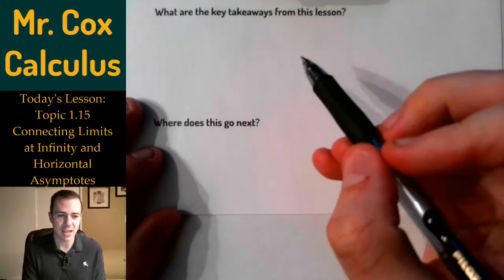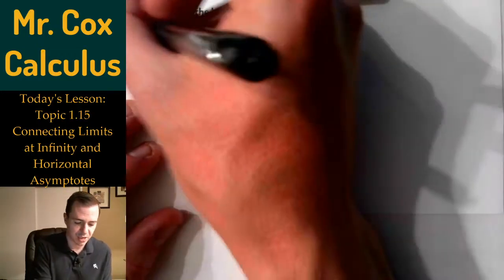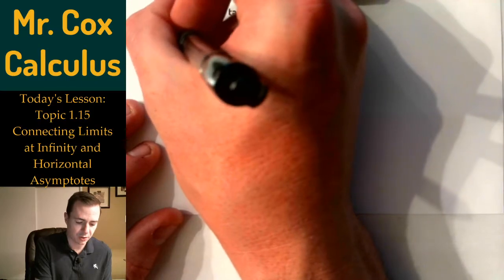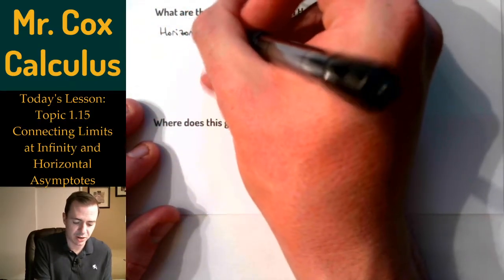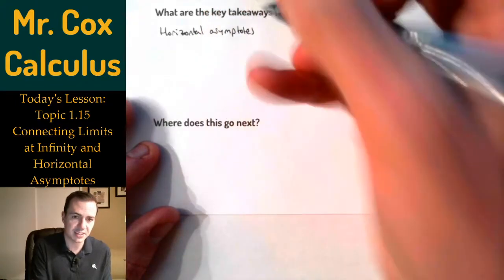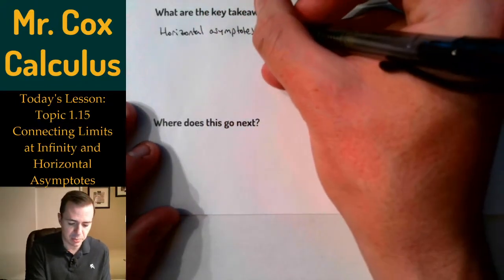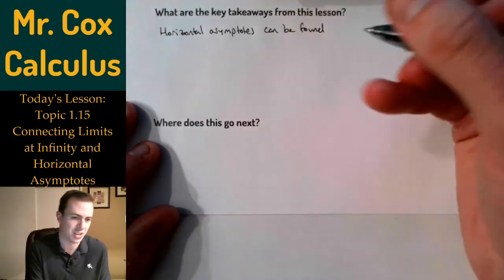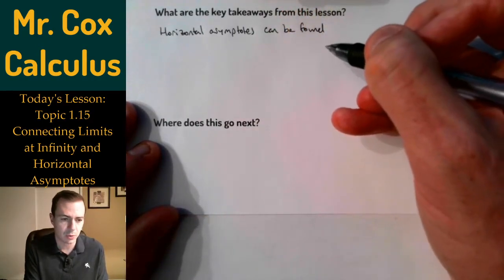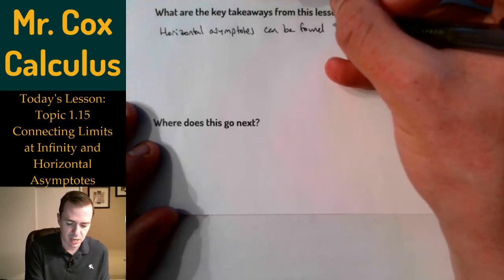So what are the key takeaways here from this lesson? Well, horizontal asymptotes, really the formal definition of them is this idea of describing the end behavior of a graph, not just a line that the function doesn't cross or doesn't touch, really describing the end behavior of the graph,